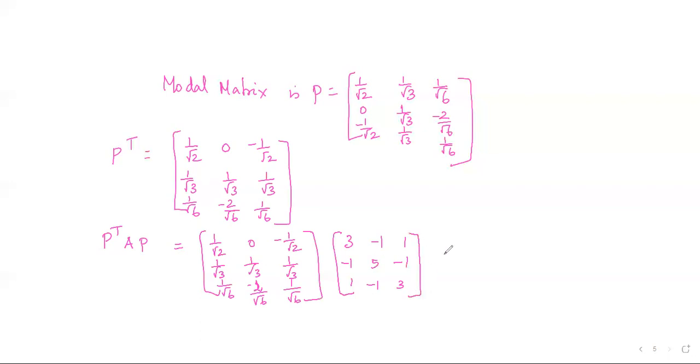Then you write P. P is nothing but 1 by root 2, 1 by root 3, 1 by root 6, then 0, 1 by root 3, minus 2 by root 6, then minus 1 by root 2, 1 by root 3, 1 by root 6. So when you find the product of these three matrices,